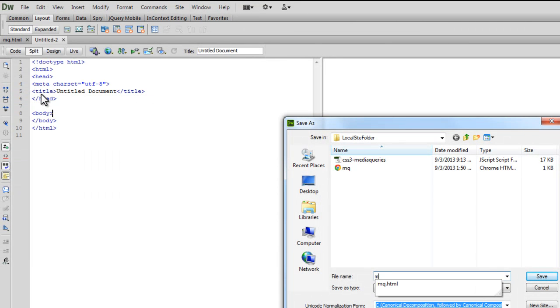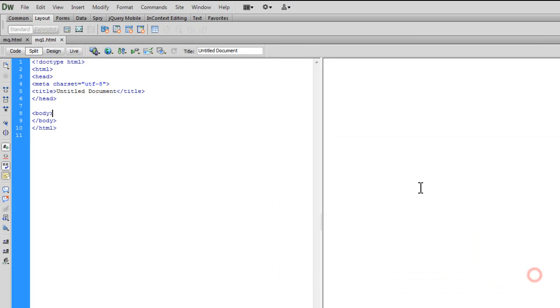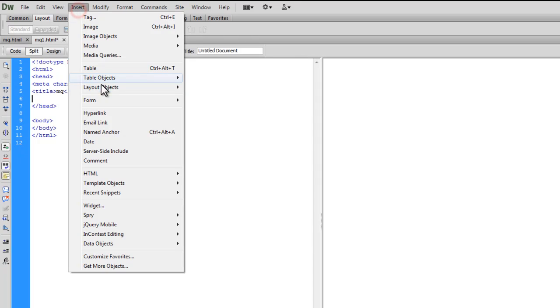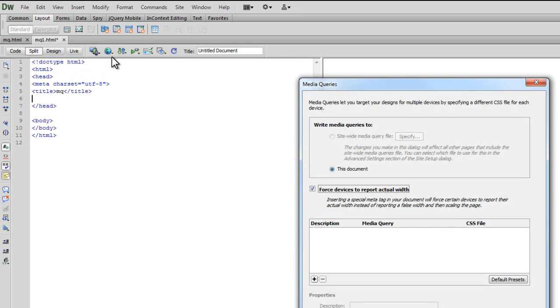Let's call it MQ1, Media Queries 1. We already have a file by the name MQ. Okay. Let's apply MQ as the title. Okay, let's make sure that you are after the title tag. Go to insert, go down to media queries, and